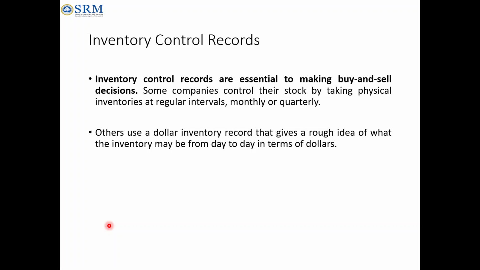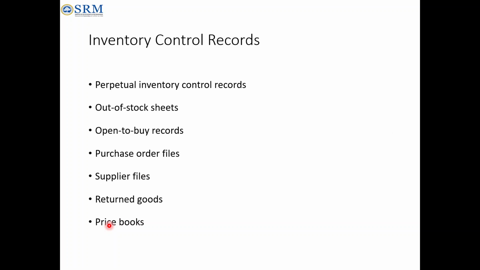In terms of inventory control, the record is very, very key. That will tell you when to buy, how much to buy, and how much we are going to sell. Every record of inventory will be stored in that. So that record is very important. Sometimes they record it in a systematic way, at regular intervals like daily, monthly, or quarterly. Some companies with experience will calculate it. So this is what an inventory control record is.